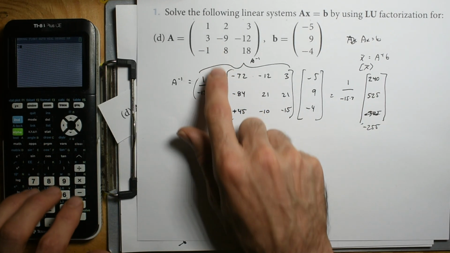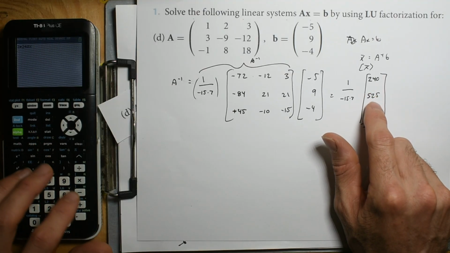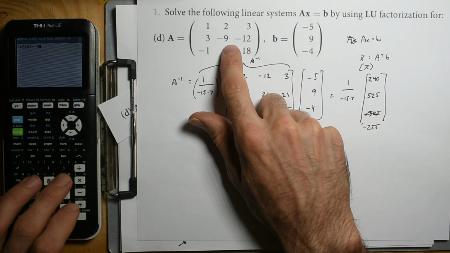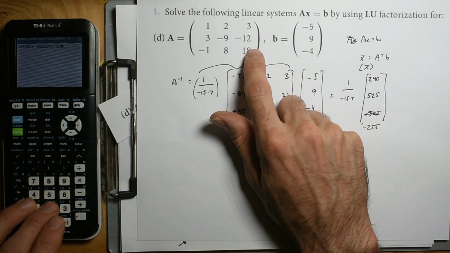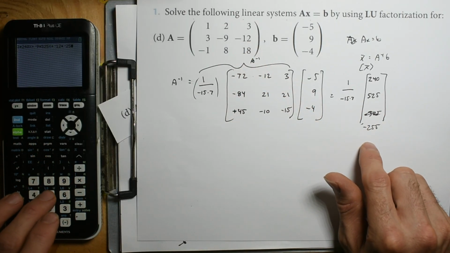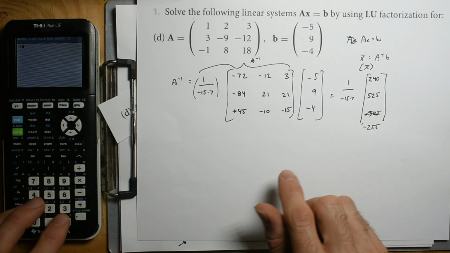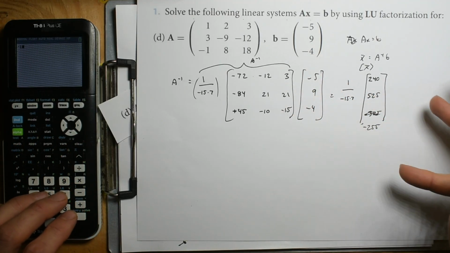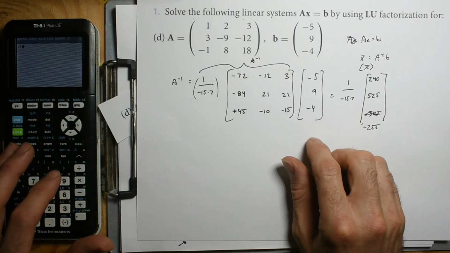And so we have 3 times 240x plus negative 9 times 525x plus negative 12 times negative 255x. And that's 9. See, that's where I hate second guessing myself, thinking we have the wrong answer just because it's not like a 1, 2, 3 answer. You know what I mean? And so,